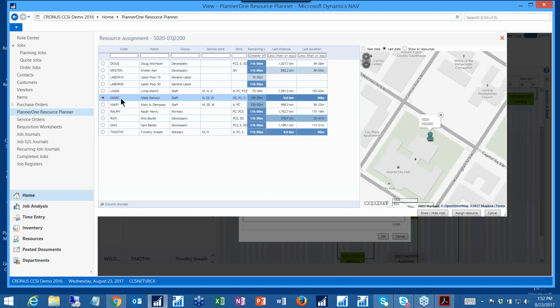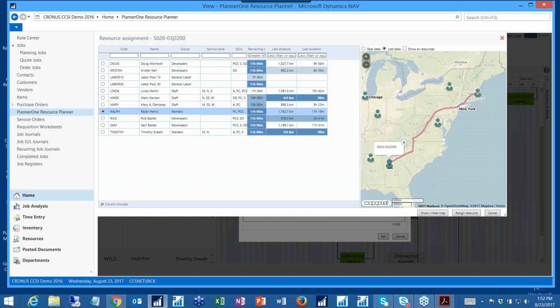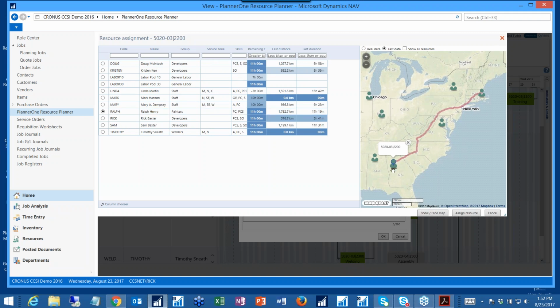Let's see, come on. Where's Ralph? There we go. Okay, so this shows where the job's located and where your technicians are located. There's Ralph Henry right there. And so where is the job? Now Timothy is right there where the job site is. So quite frankly, Timothy would be the better one to select,